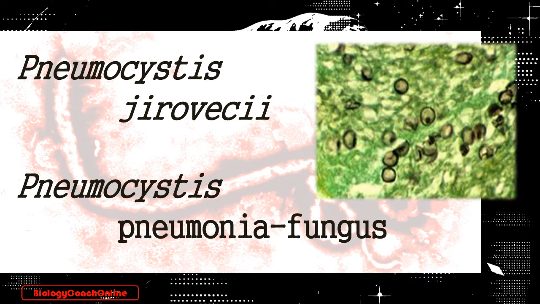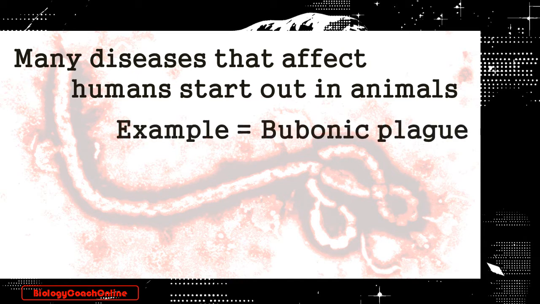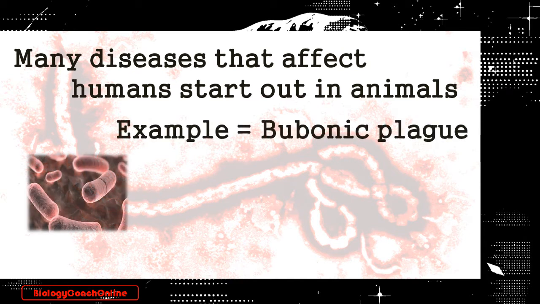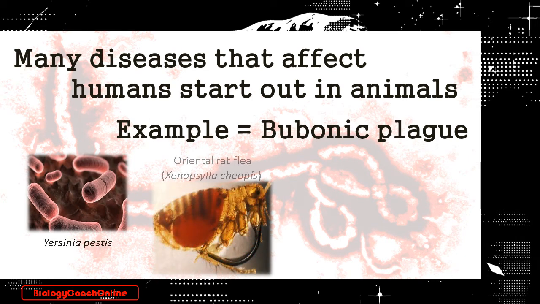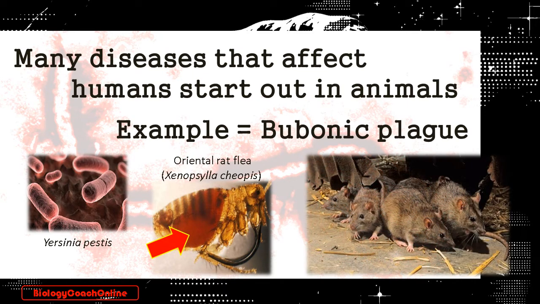As stated earlier, many diseases that affect humans begin as infections in animals. Here's a great example. The causative agent of bubonic plague is the bacterium Yersinia pestis. It's carried by the rat flea. The bacterium blocks the digestive tract of the flea. So when the flea bites its host, that is the rat, the bacterium is regurgitated and subsequently transmitted to the